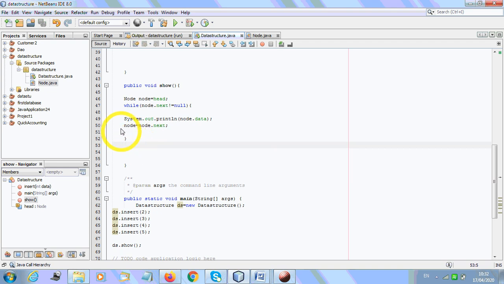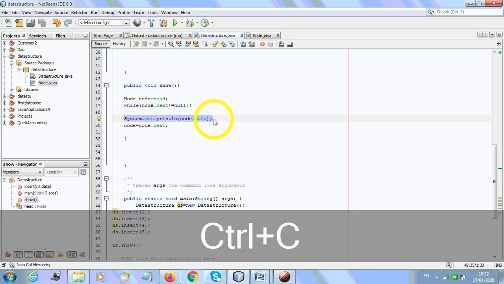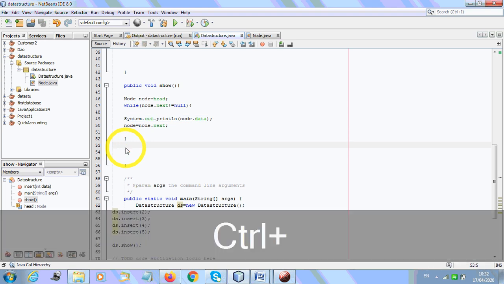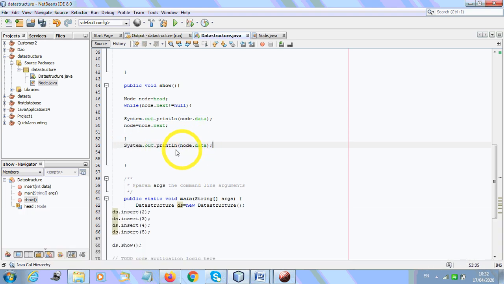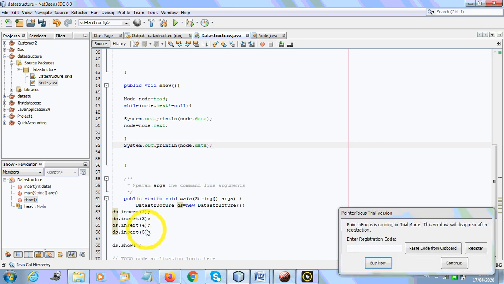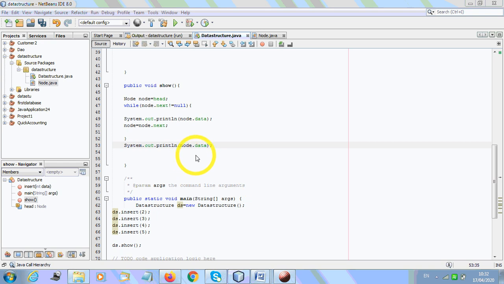So I'm going to print it here, just on Control C, the metadata we are going to put. So see, this is why this is happening: if we have inserted 4 elements, so we have this 2, 3, 4 and 5. While traversing this one, we are going to get the null value of this 5 itself, so this will not get printed. Initially the pointer is here and it is going to get the null value of this one. That's why it is not printing this value.